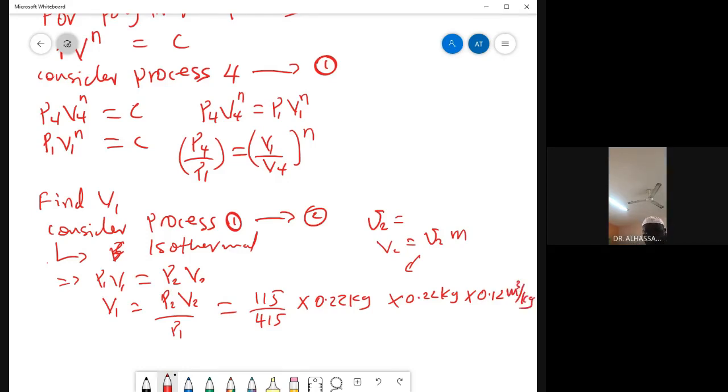So if we calculate this carefully, then we will determine V1 to be 0.00732 meter cube. Okay, so now, given that we know V1 already, let us determine the